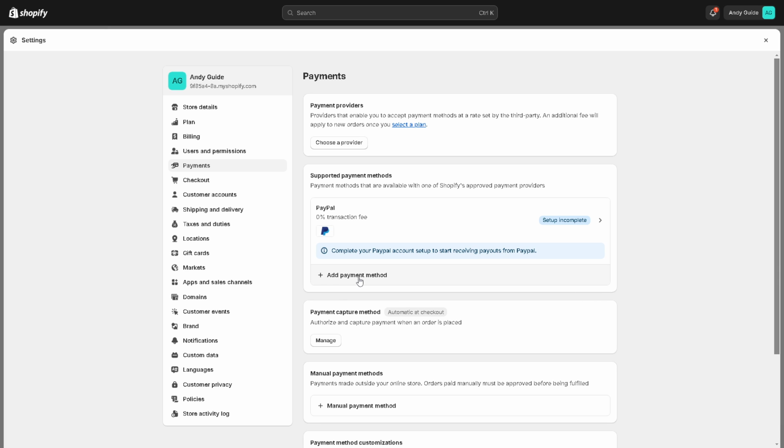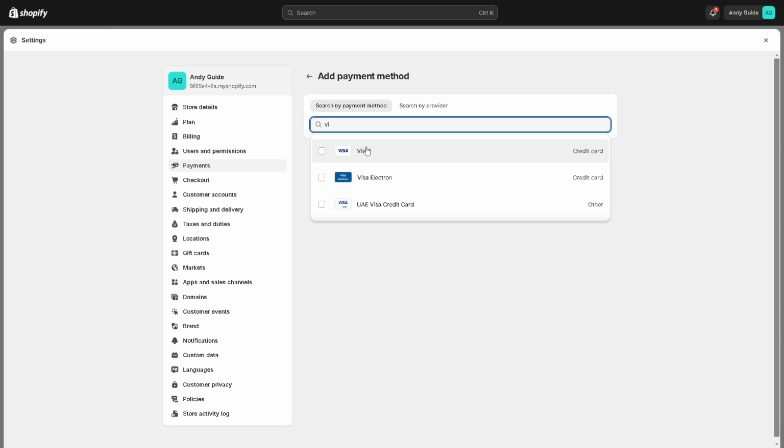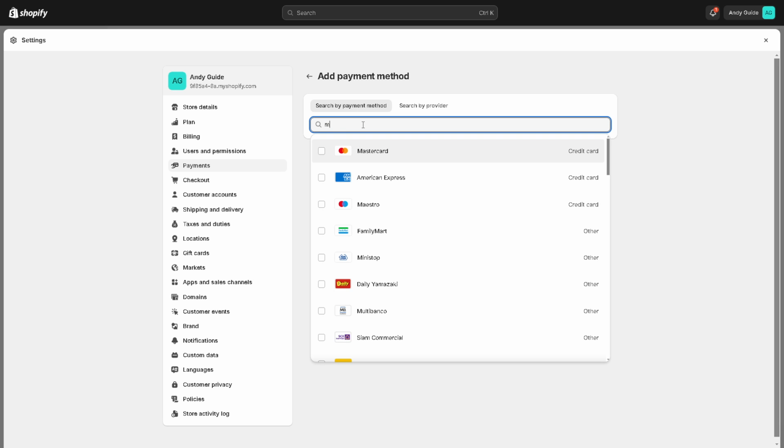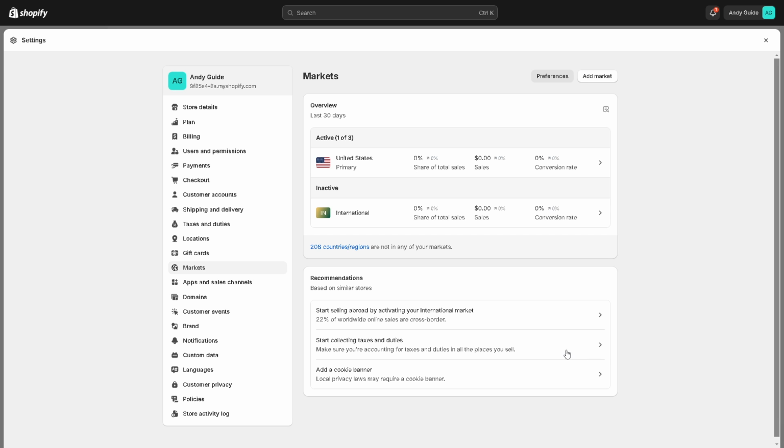But obviously, you can click on the add payment method. Once you do that, you can search for a lot of other services. You can search by payment method or search by provider. Either way, just type in something like Visa, credit card, or MasterCard. So there's a lot that you can do from here. After that, you need to go to the